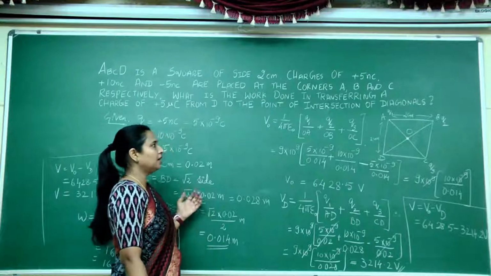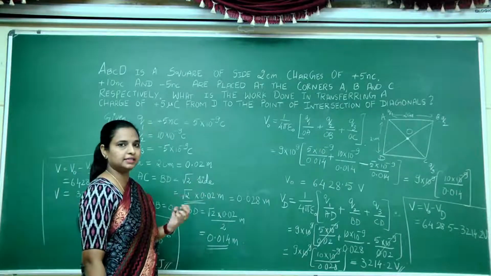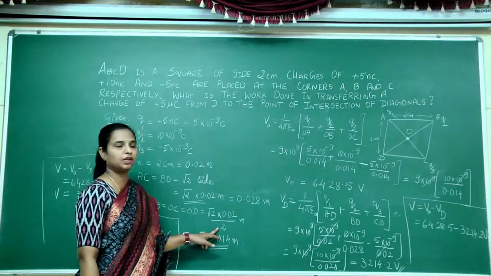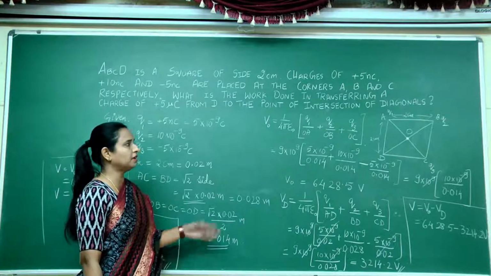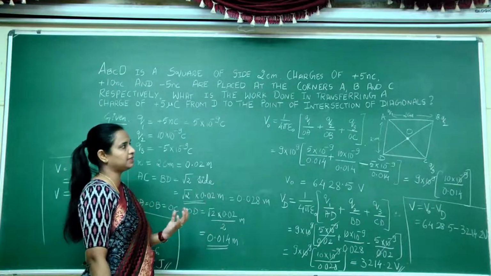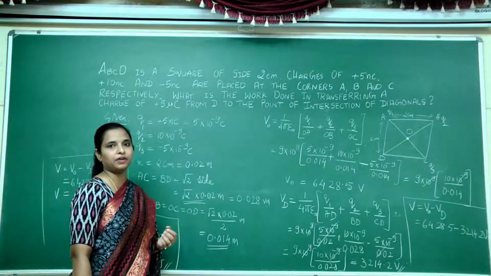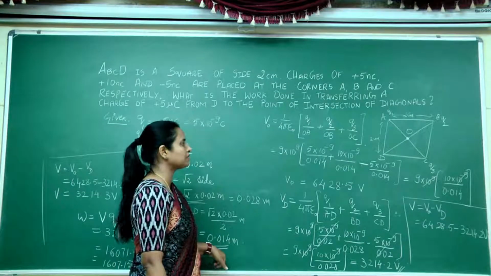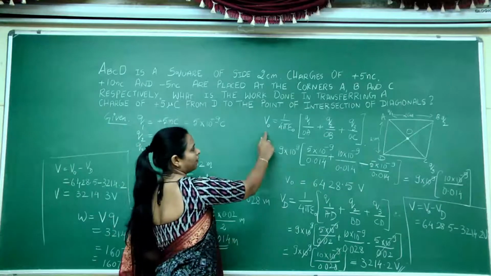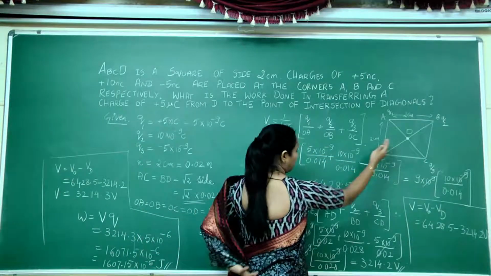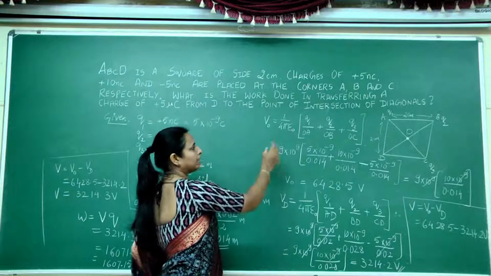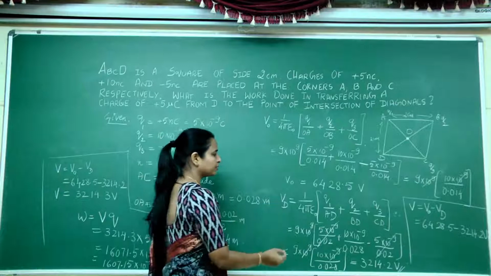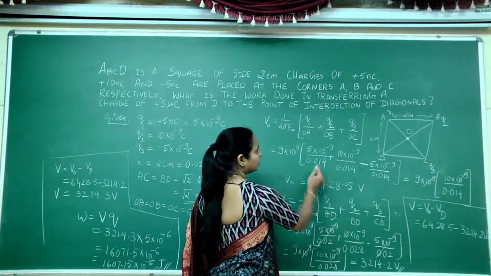And if you divide it by 2, you will get the length of the distance between the center and the point where we have kept the charges. And after finding out these distances, we can find out the potential at O and potential at D by considering the proper distances. You should not get confused with this distance, because during